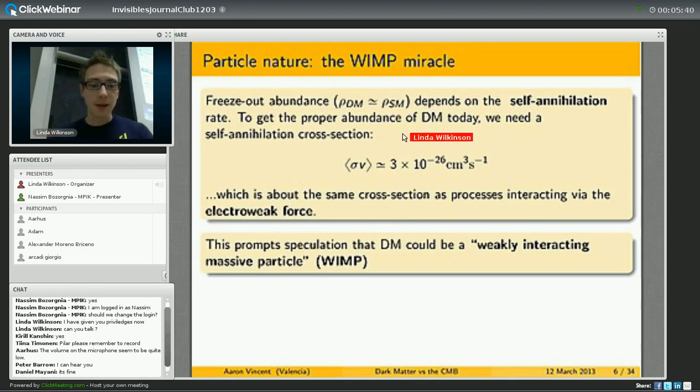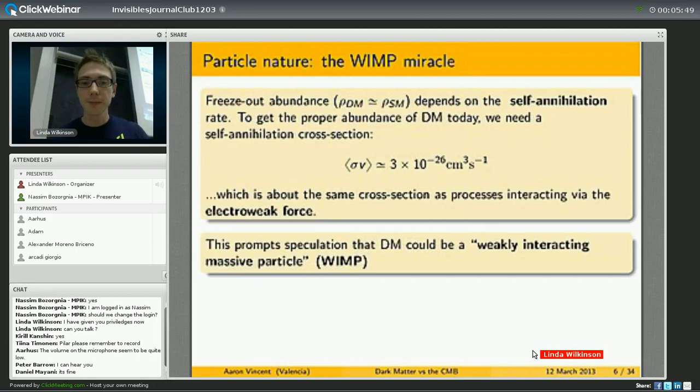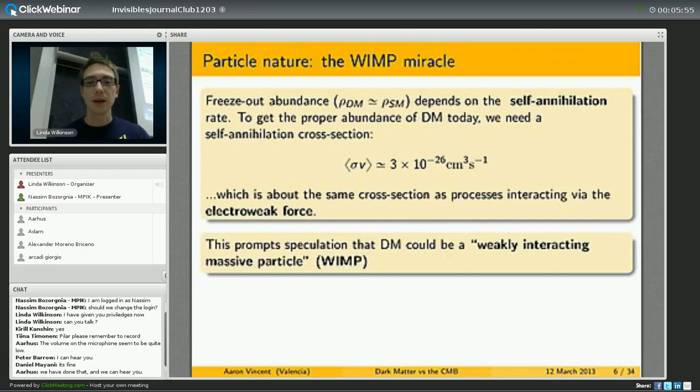And it turns out that to get the correct thermal relic abundance, to get that factor of 5 that we saw earlier, we need a thermal annihilation cross-section that's order 3 times 10 to the minus 26 centimeters cubed per second, which is about the same cross-section as processes that interact via the